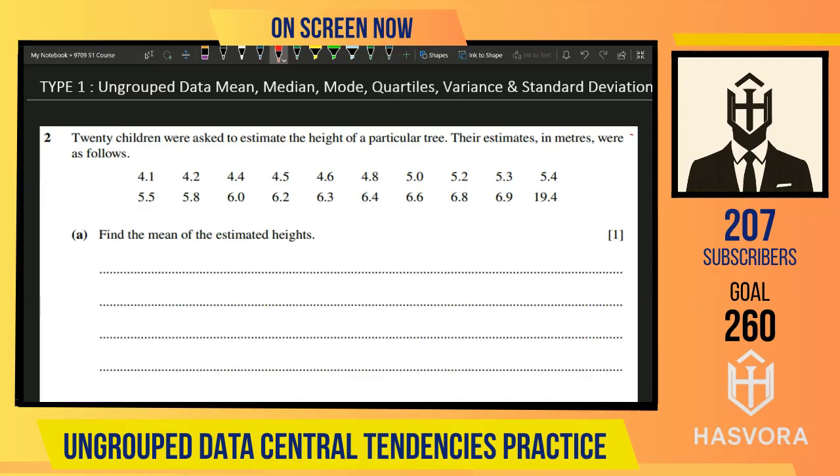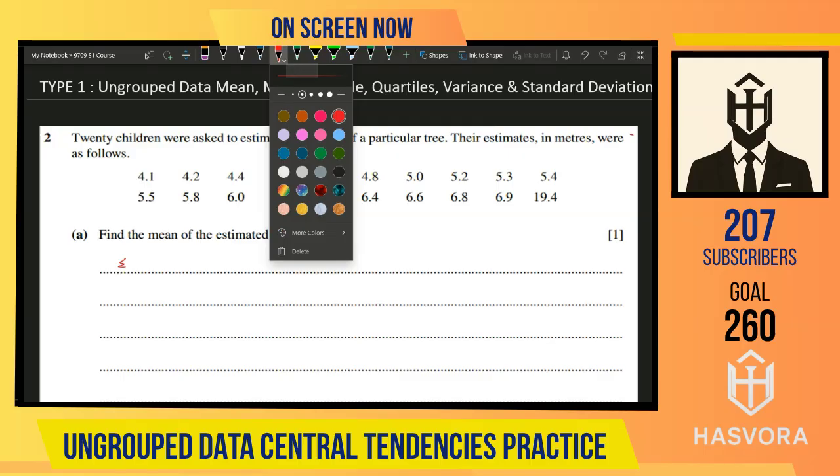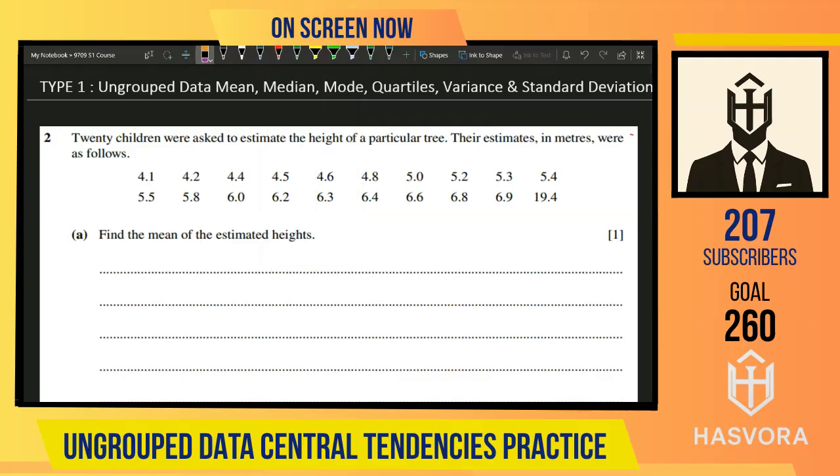So we know that if you want to find the mean of the estimated heights for the ungrouped data, we use a formula, summation x over n, where summation x means that you have to sum all of these values of x and divide by the total number of values. So summation x will mean 4.1,